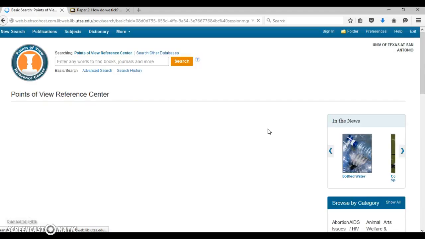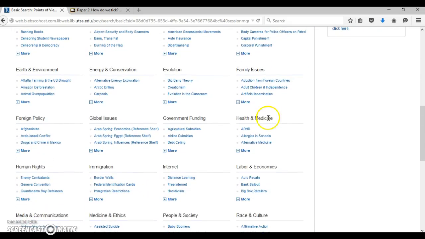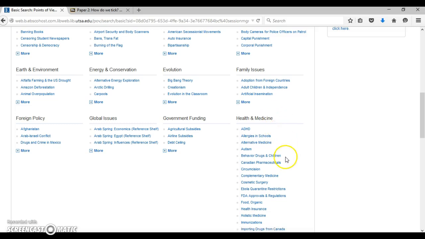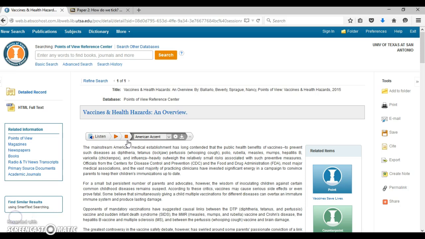And from here, we're going to just look for topics. So we have Browse by Category. In our case, most of you will go into Health and Medicine, and we're going to choose a topic and read up on it. Now I've chosen a topic a little bit different from what you guys are doing. I'm doing just a general health topic. I chose vaccine and health hazards, so obviously what I'm looking for are the effects of vaccines, definitely on our